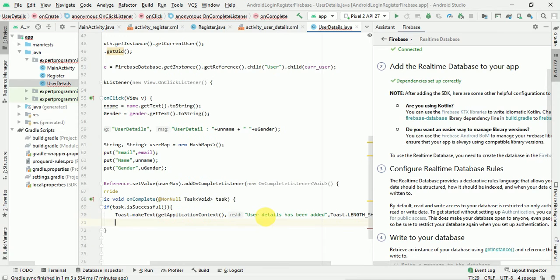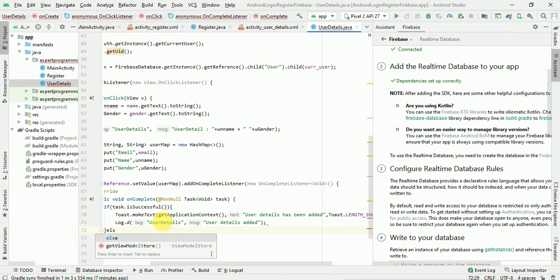Okay, and also we'll give the log dot d, and we'll keep the same key. The details added,